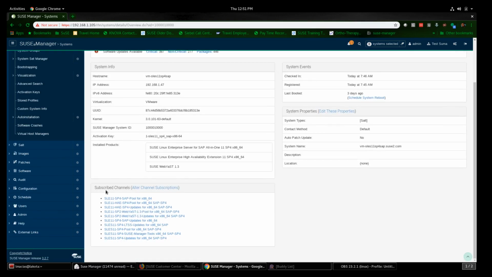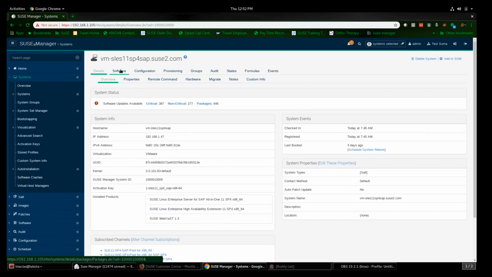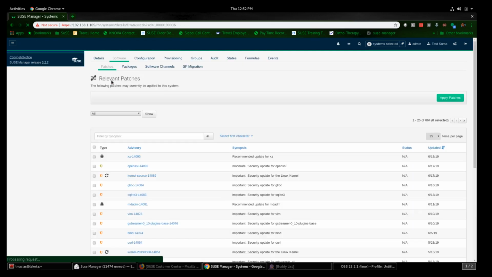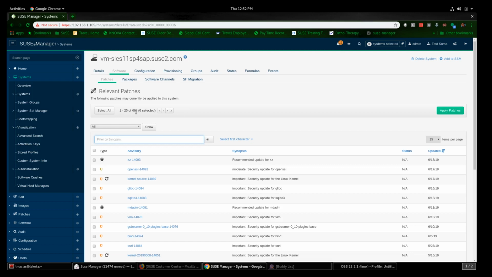Okay, but then here you can see the channels it's subscribed to, and if I wanted to patch this, I can go to software and basically go to patches, and I'll be able to apply all these patches. There's 664. So all I can simply do is say, hey, I want to do them all, select all, right? And it's saying that 664 patches are selected. If I go to apply patches now,